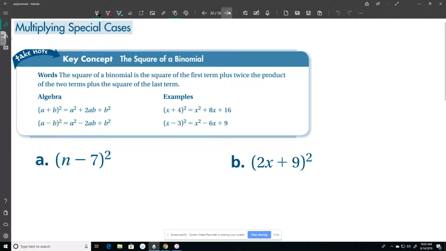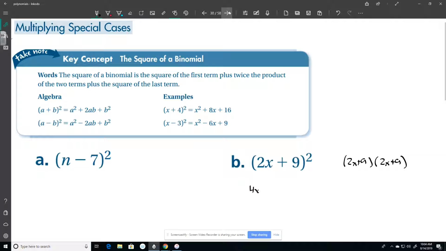I gave you two formulas. If you have a plus b squared, like this example right here, if I have this number plus another number squared, then I have two options. I can write it out this way and do the FOIL method or the box method, or I can use this formula,